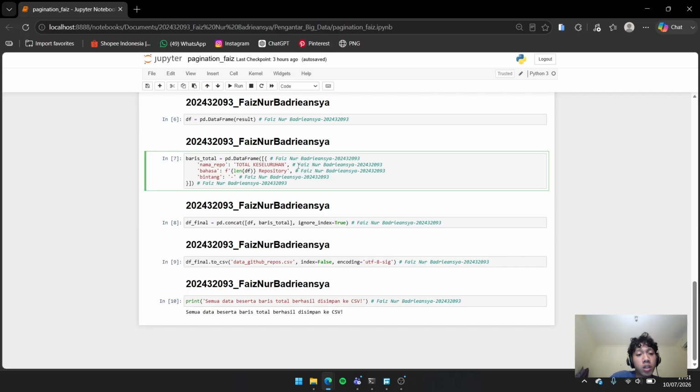And the second, an additional row is created containing the overall total, which summarizes the number of repositories collected. And then pd.concat combines the main data table with the total row into a final table.